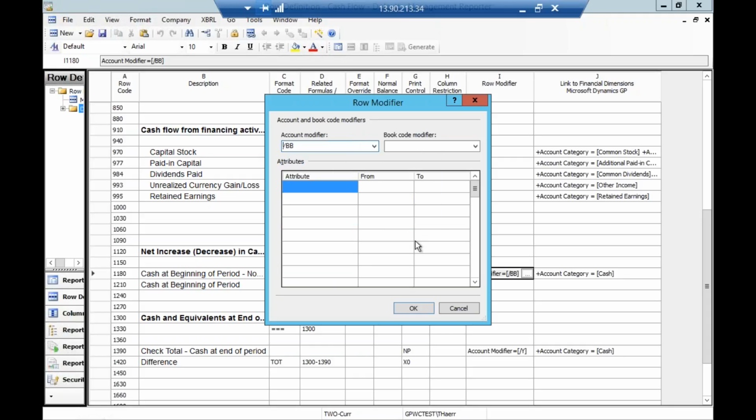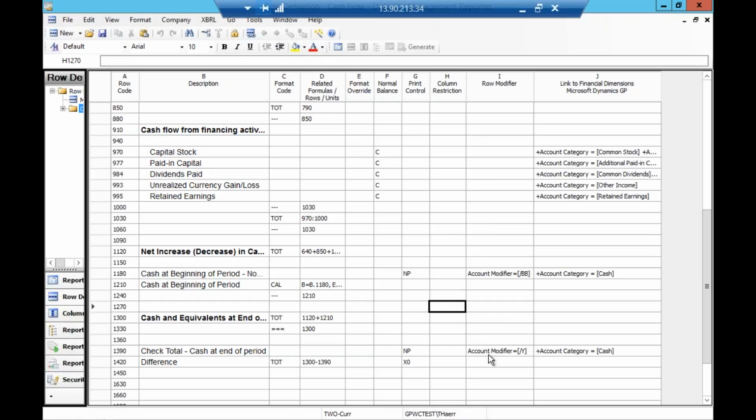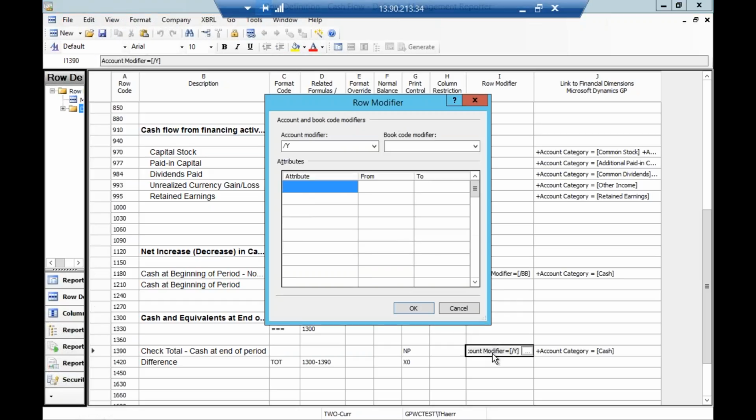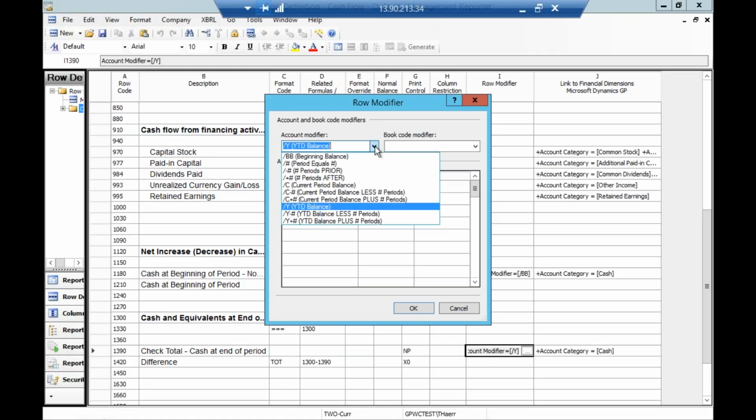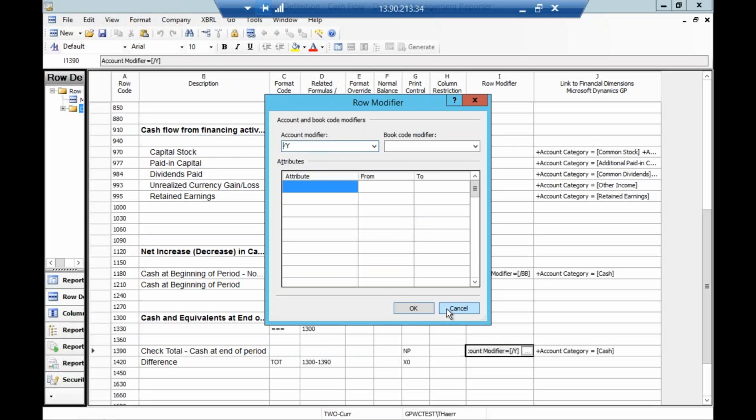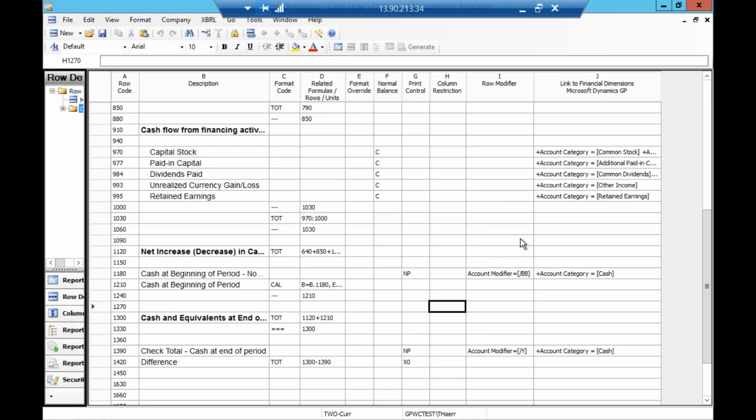So I get the beginning balance of my cash account for the period I'm generating the report for. And then when you want to do your year-end cash, you're going to select the account modifier of /Y to give you the year-to-date total, or excuse me, the year-to-date balance,